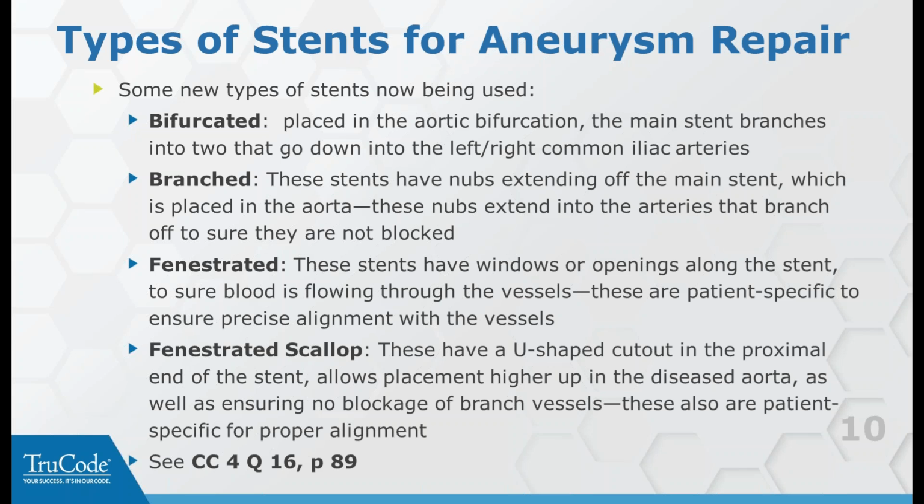Again, the main stent is going into the abdominal aorta, and those nubs extend into the arteries that branch off to make sure that they are not blocked and the blood is flowing through there like it should. Fenestrated is another type of stent that they talked about. Those have little windows or openings along the stent, again, to make sure that the blood is flowing through the